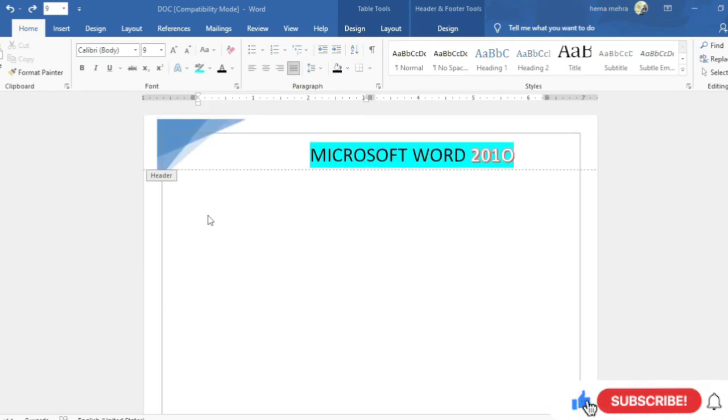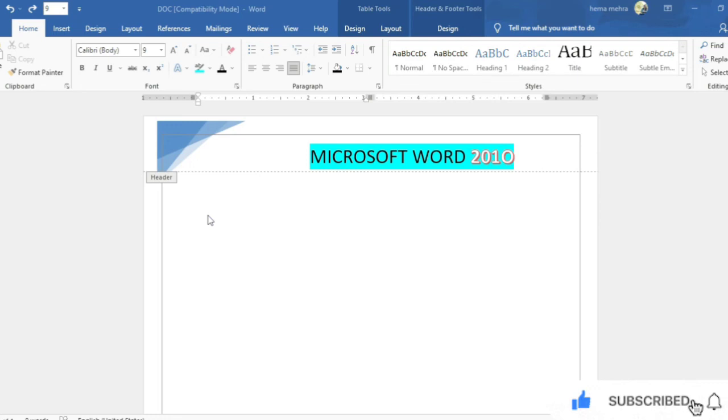Now after completing all the parts related to the Word document, what is the last procedure we do to get our document? That is print out. So now we'll see how we can take the print out and how we can set the page.